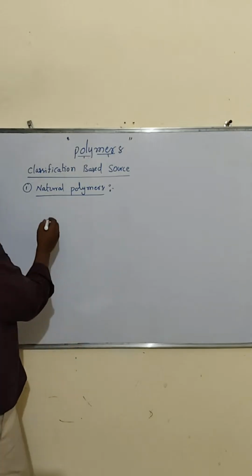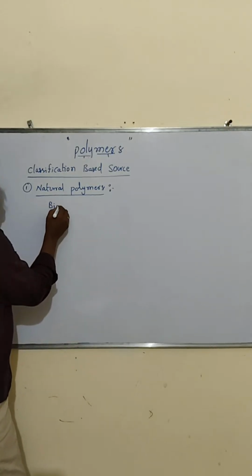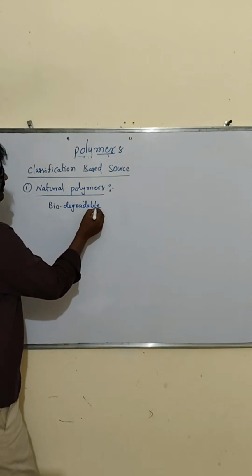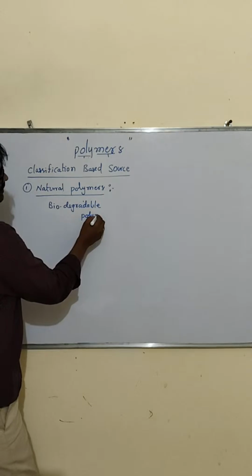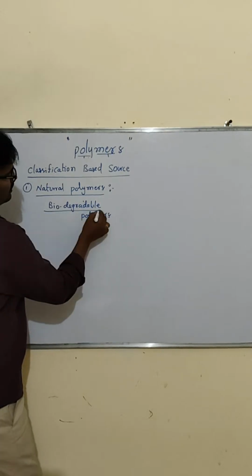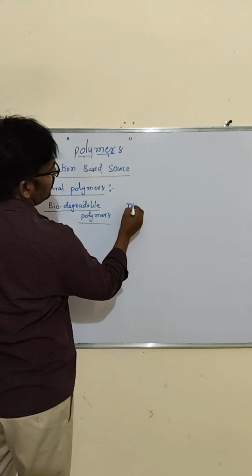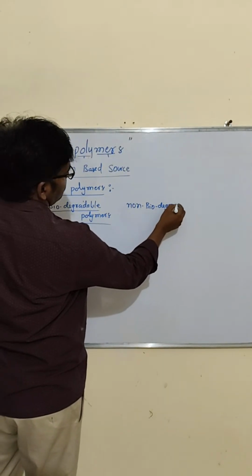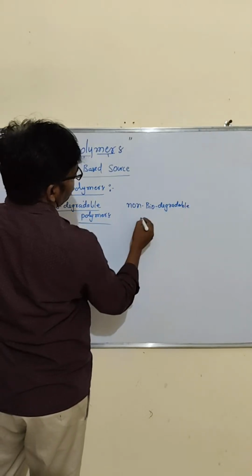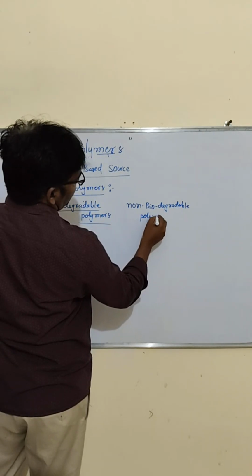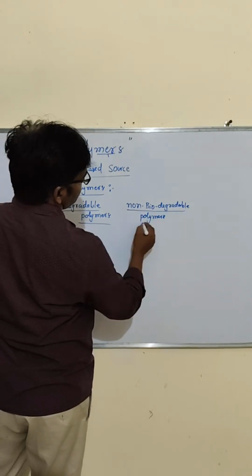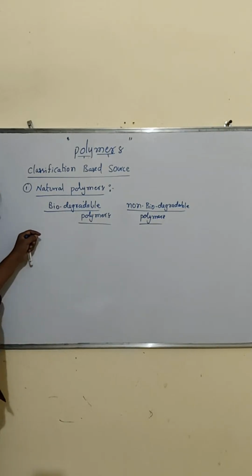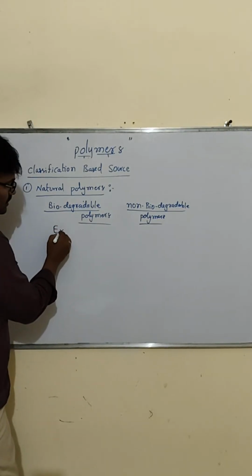So what are the biodegradable polymers? Biodegradable polymers. Then one more, non-biodegradable polymers. Right? So biodegradable polymers, in case you see, such as examples for this, starch,